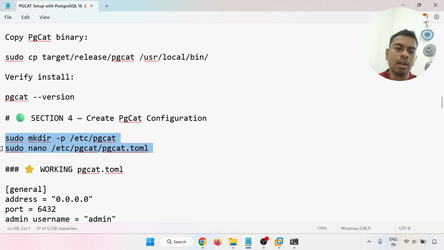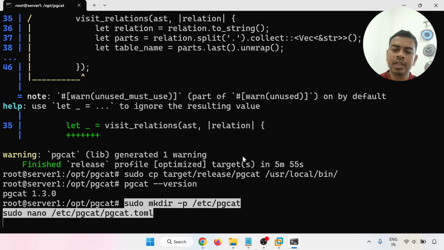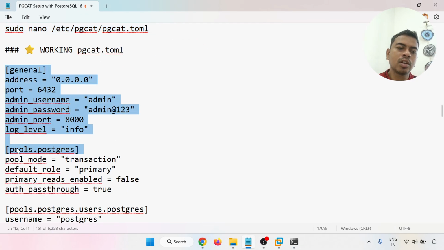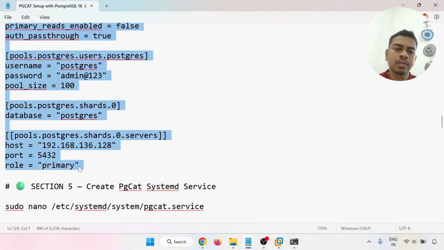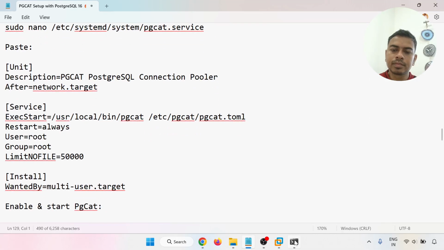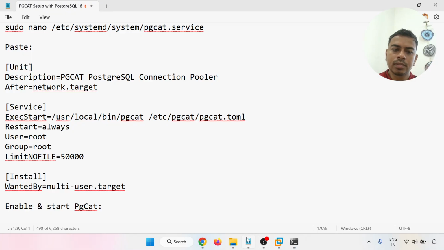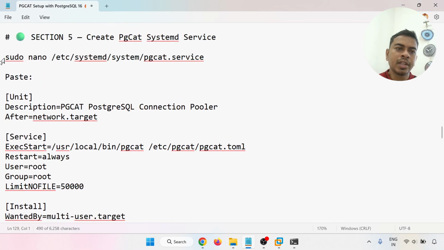Next, we are creating the directory and we're just creating the configuration file. So the configuration file will be empty. So we are adding this one. Just now we have discussed this one. So done. Now I'm creating the